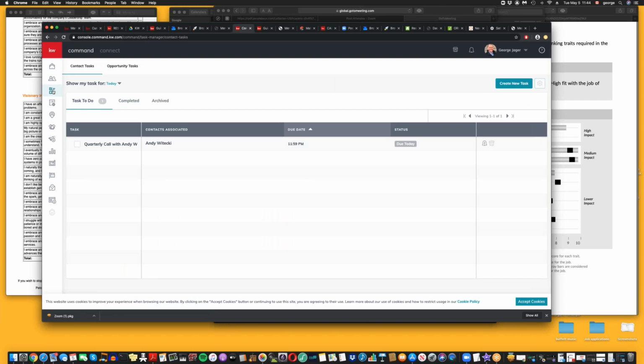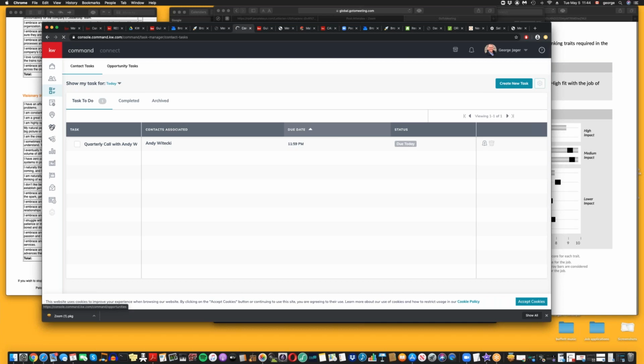So when you go on this task, up in the top left, it says show my task for, and you have today. You can do the next 7 days. There's a drop down here that allows you to look at everything, just so everybody is aware. Oh, that's good. And these tasks also show up on your Kelly app. Okay. So the next question I have is, if I go into opportunities,